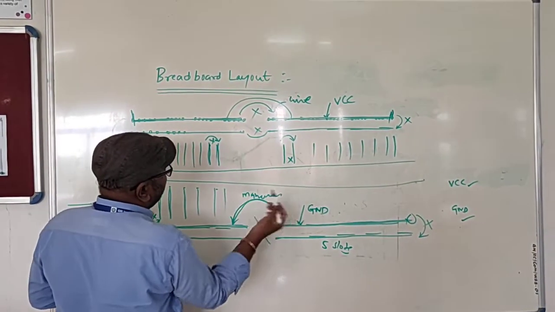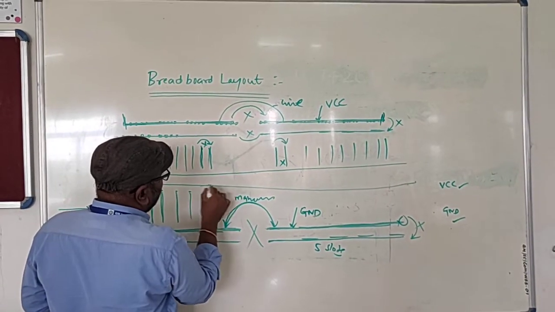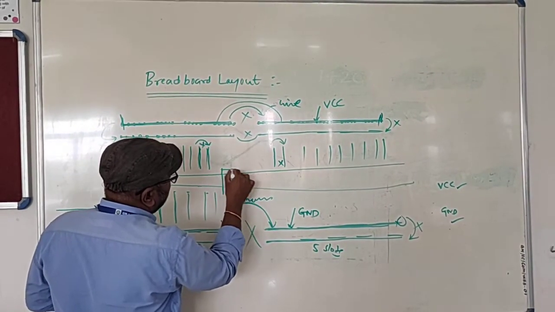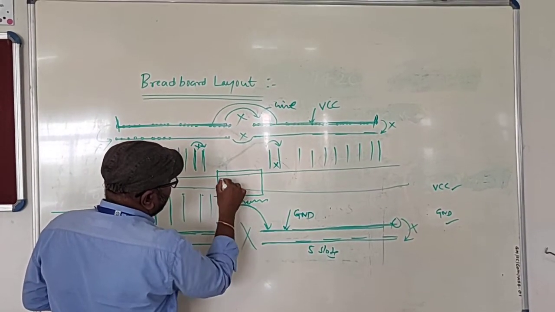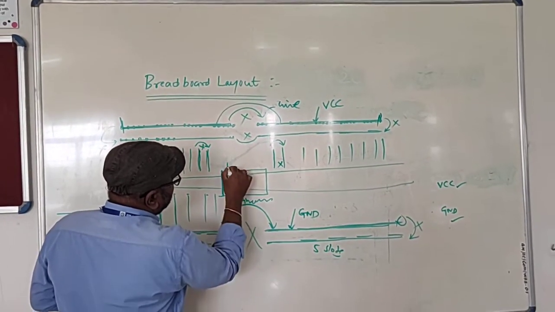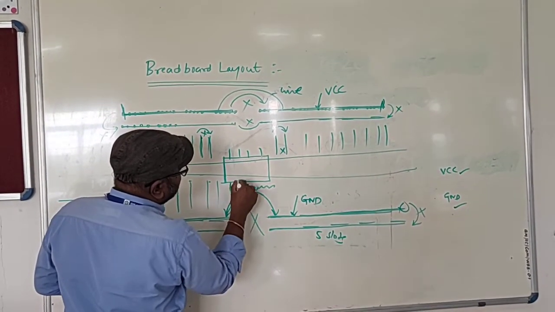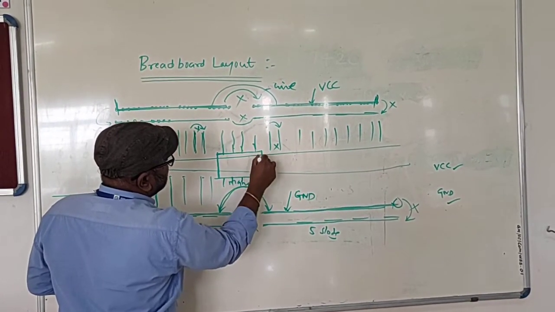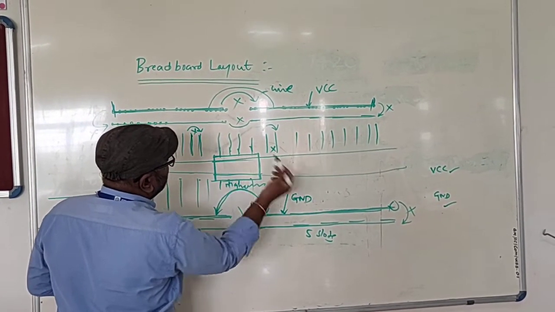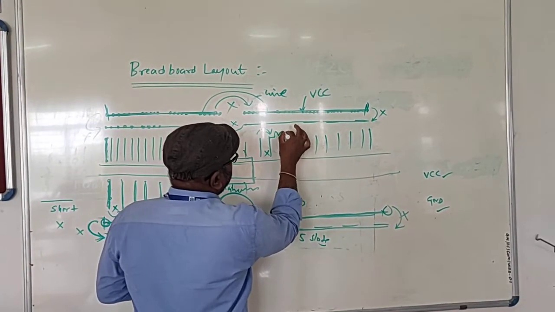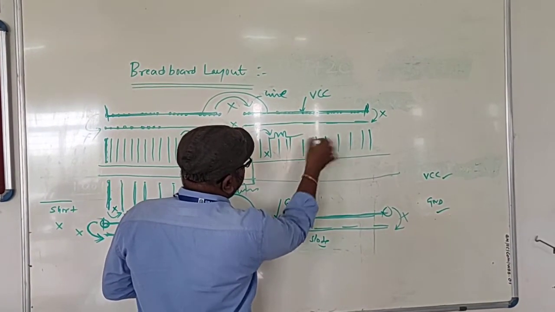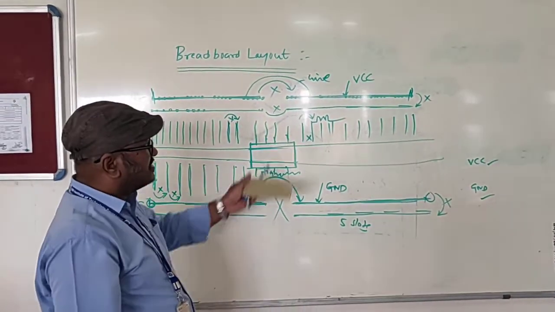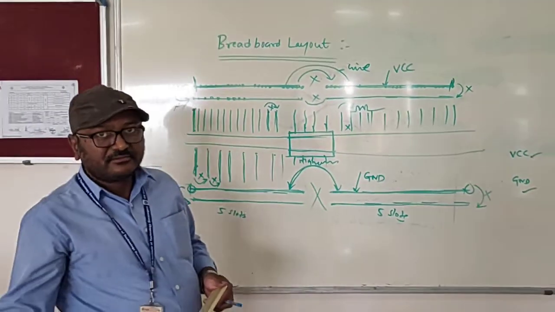This is important. Whenever you are going to put an IC, that is always inserted in between of the breadboard, like this. Suppose if you want to put an IC, if it is like this, here you can do the connections. So always the IC is mounted in between on the breadboard, and resistors and capacitors you can insert like this. I will show you practically how to insert resistors, capacitors and all.